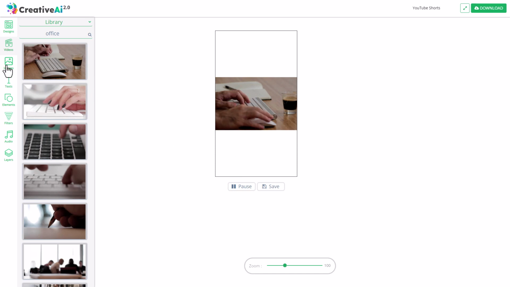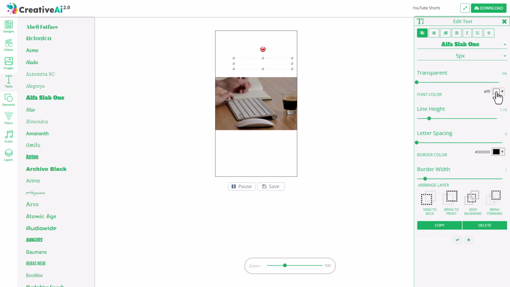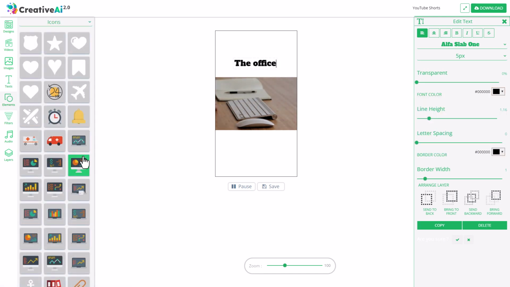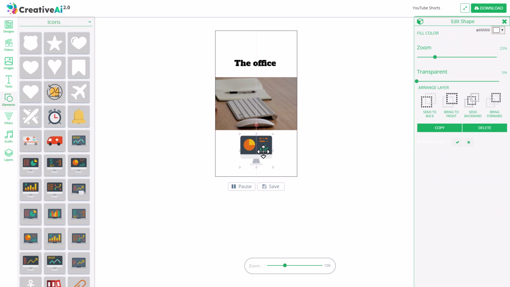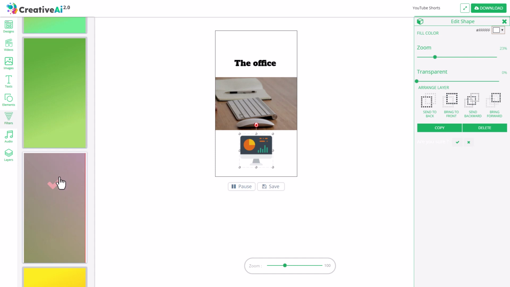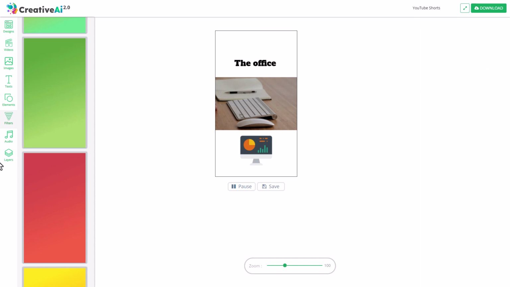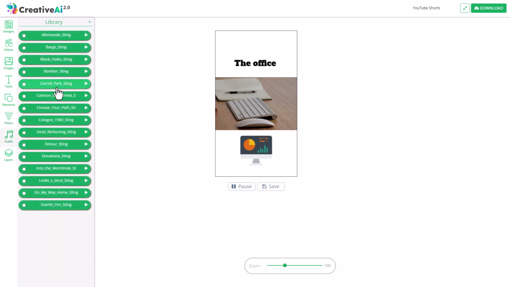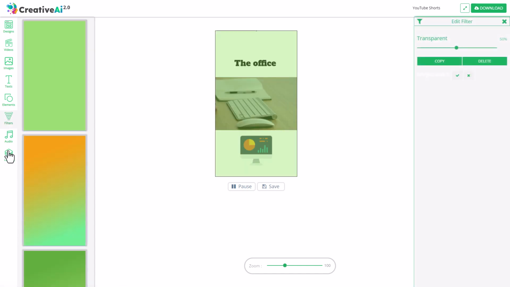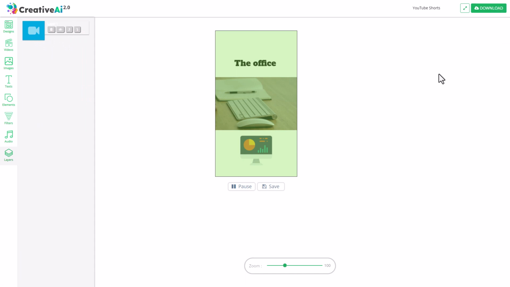Let's pause that. There are images. I can add some text. I can add some elements. That looks fairly officey. I can filter things. I don't see how that's a filter. But you know what? Let's put it in anyway. Oh, there's a filter. It goes on the top. My mistake. I'm going to delete that. We can add some audio and we can mess about with the layers. So maybe I'll put the filter on and I'll go to the layers. Nothing happens. So that's not very impressive. Really, that's not using AI at all.